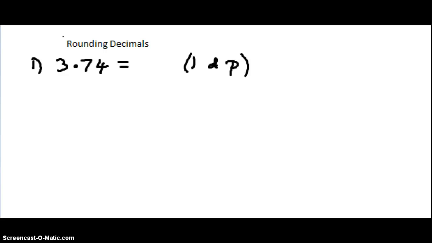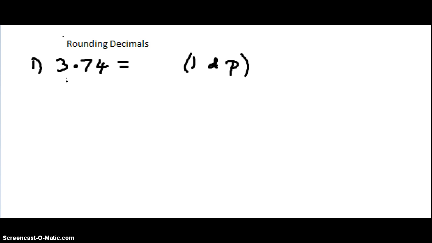Now the idea today is to look at rounding decimals. First of all, if we look at a number 3.74, there are two numbers after the decimal point. So that's two decimal places. We want to round that to one decimal place, which means we want to know, is this number closer to